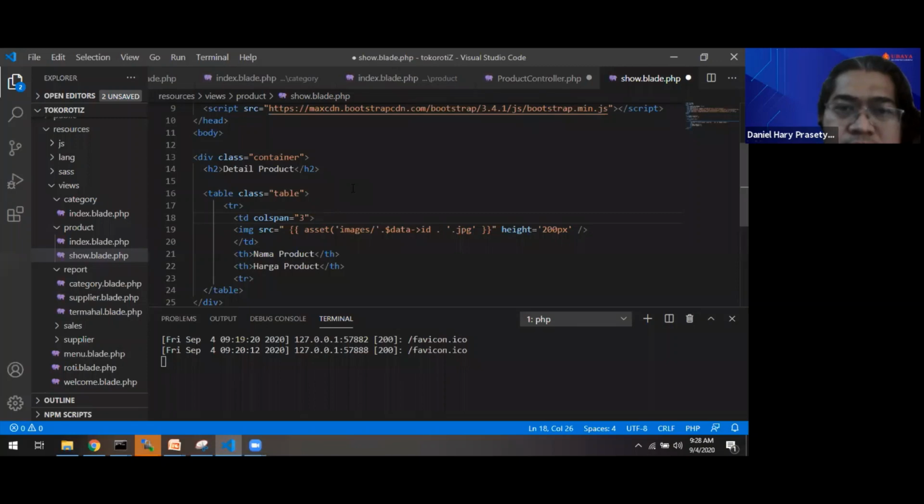This asset function, we can use it in every URL. In every URL, we do not need to consider whether we have to use one, or use two, or use three. We do not have to consider it. We can just use asset. This one.